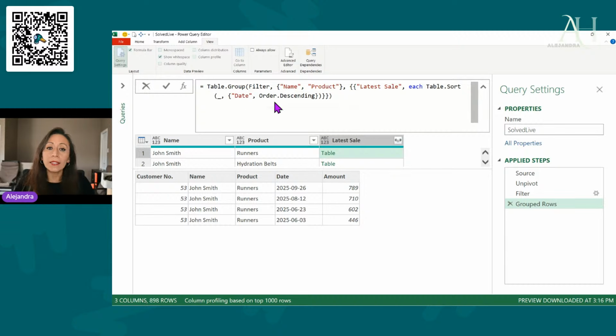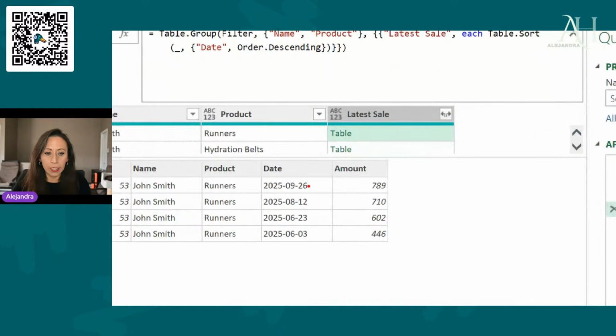So what I did, I ordered the column amount in descending order, but that's not going to work. What I want is the latest, not the highest. So it's the latest year-to-date sale. So I'm going to just click at the check mark, and now I see properly that in the first line, I have the latest year-to-date purchase